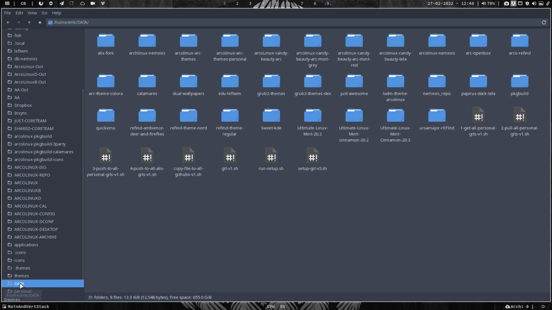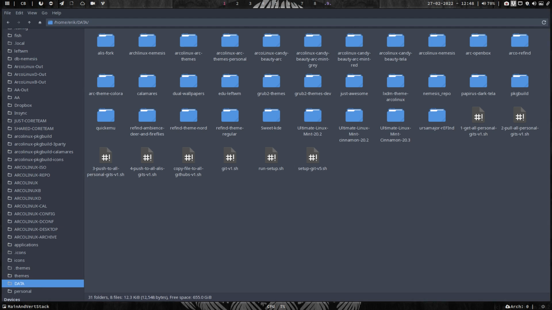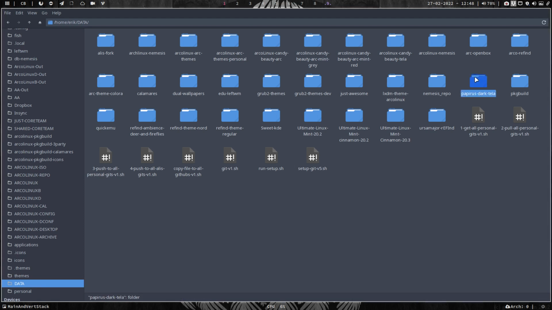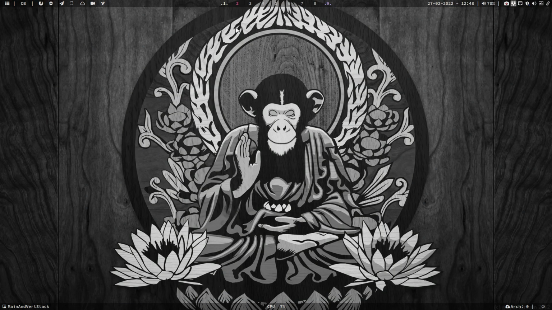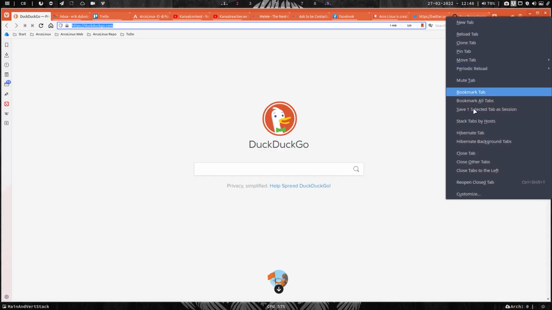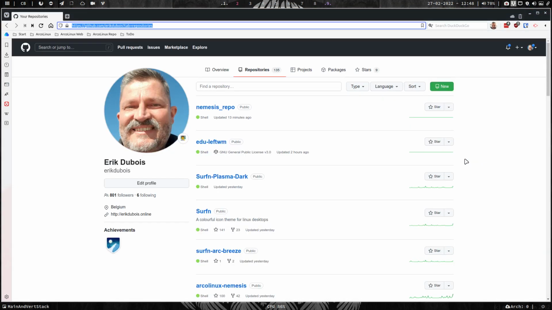So I go to the data folder, which contains all my GitHubs. And in here, we'll find the Papyrus somewhere, Papyrus Dark Tela. So first off, the folder that I have is changed. Edu Papyrus, so all the edus stay together. Edu Papyrus Dark Tela. Then we go to close other tabs.